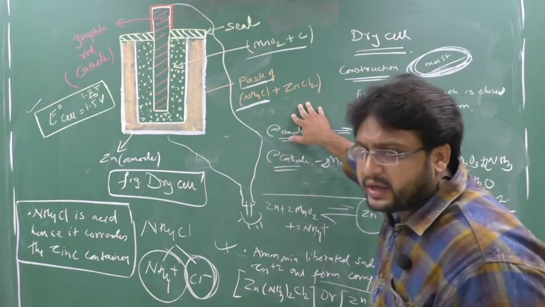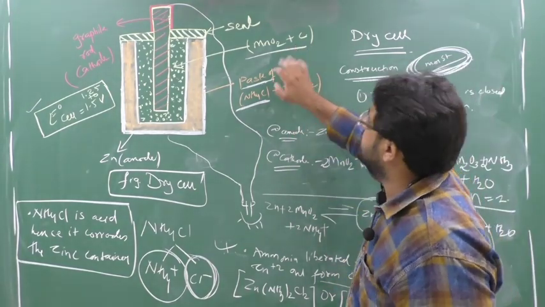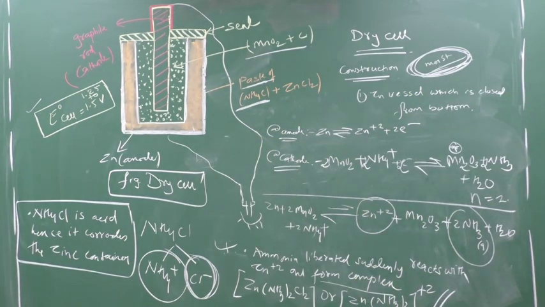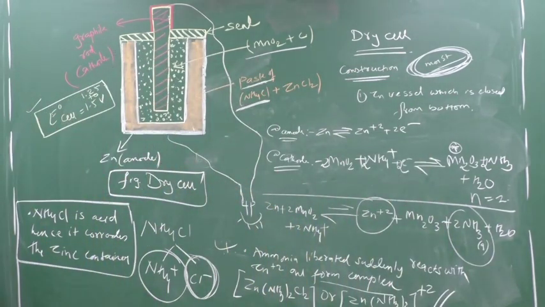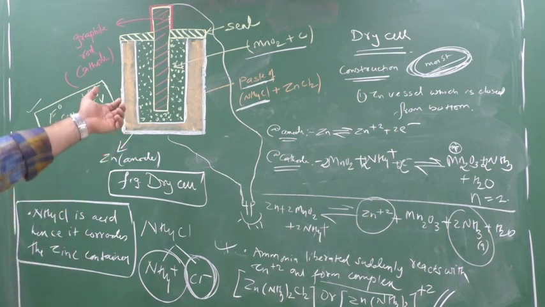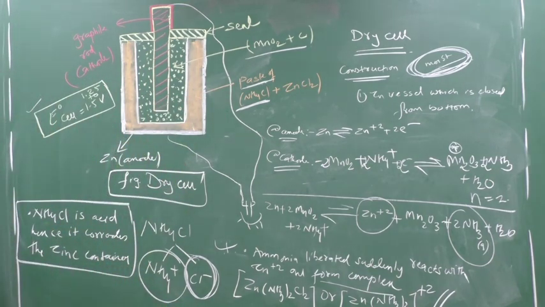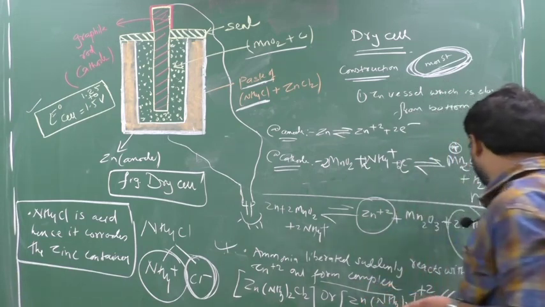The dry cell actually is not a dry cell. Why is it not a dry cell? Because it consists of paste. Paste of what? NH4Cl and ZnCl2. And paste means what? Paste means anything which is moist. It is a moist thing. So this dry cell actually is not a dry cell, because it contains a paste of NH4Cl. So I hope you have understood. If any point is missing, please comment. You can read from your textbook, it will be clear in detail.